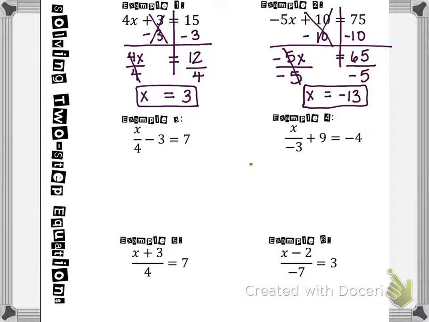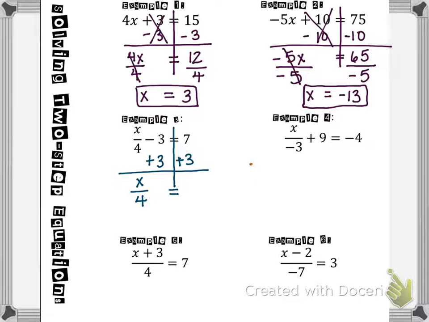So this time we have a fraction. It doesn't matter. You're doing the same thing, which is all about opposite operations. It just may be a little bit different because you have a fraction. We're going to start by doing what we know: draw that line to separate our two sides of the equal sign, and move our constant first. Our constant is minus 3, so it's going to be adding 3 on both sides of the equal sign. Then we have x over 4